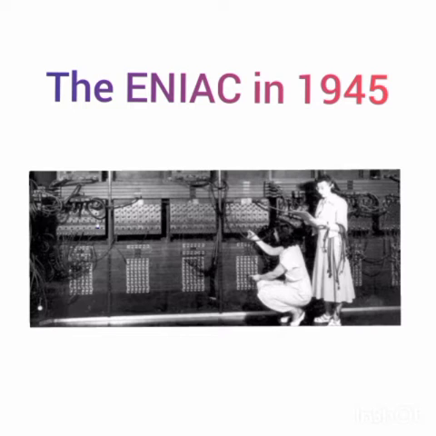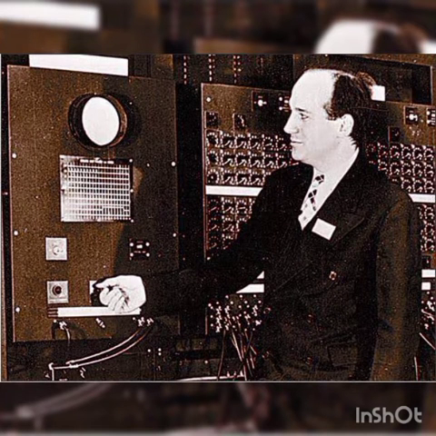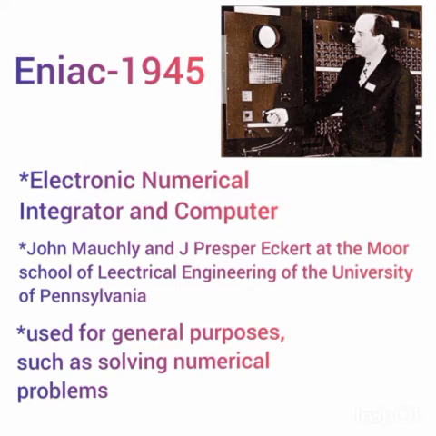ENIAC, Electronic Numerical Integrator and Computer. The ENIAC was the first electronic computer used for general purposes, such as solving numerical problems, built during World War II by the United States. American physicist John Mauchly, American engineer J. Presper Eckert Jr., and their colleagues at the Moore School of Electrical Engineering at the University of Pennsylvania. ENIAC was something less than the dream of a universal computer, designed specifically for computing values for artillery range tables. It lacked some features that would have made a more generally useful machine.